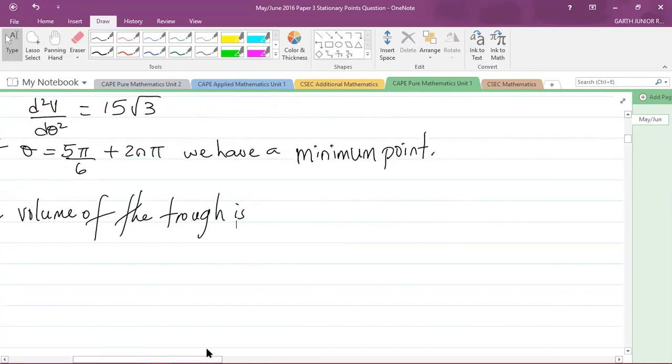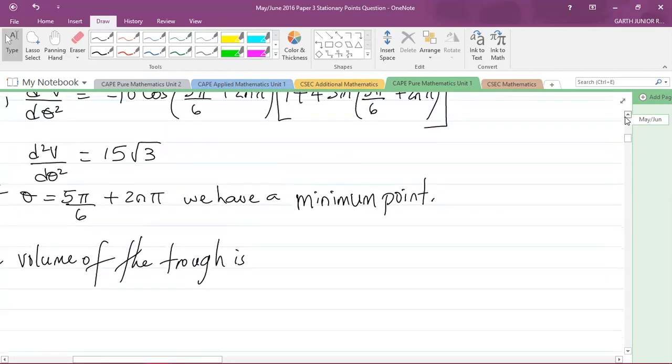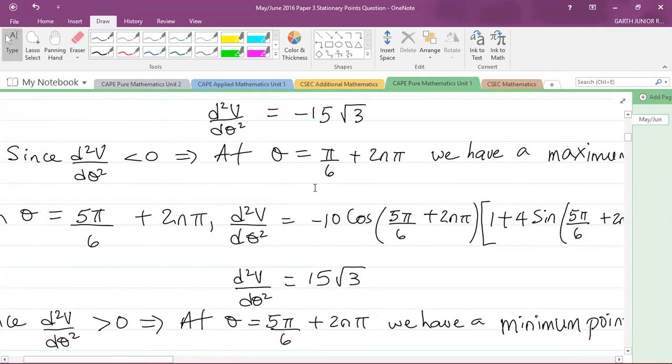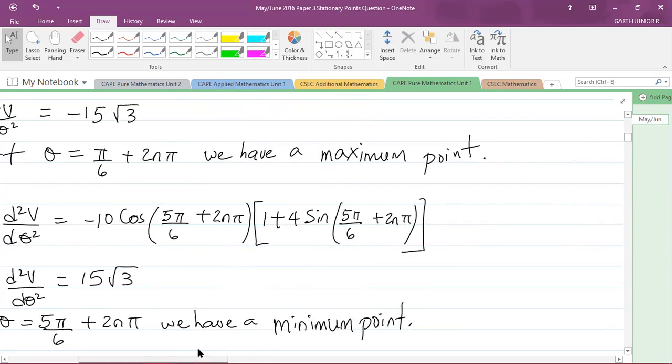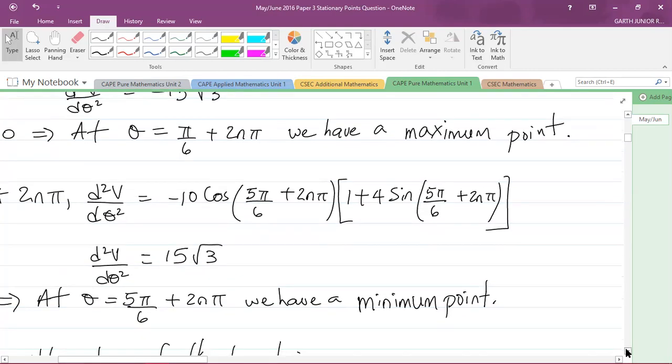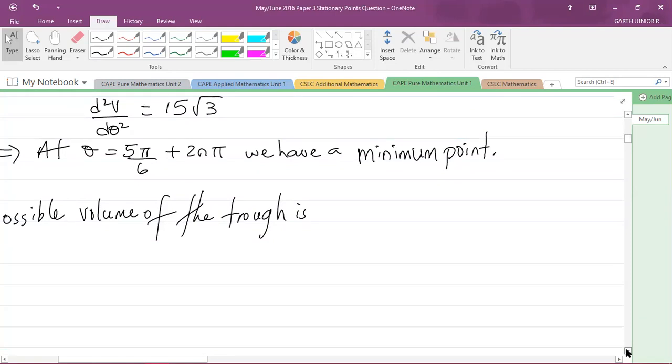what? Remember that we had stated that the maximum point is going to be when theta equals pi over 6 plus 2n pi. So all we have to do now, in order to get the maximum possible volume of the throw, is substitute theta equals pi over 6 plus 2n pi into the volume V, and see what answer we get. So the maximum possible volume of the throw is V equals,